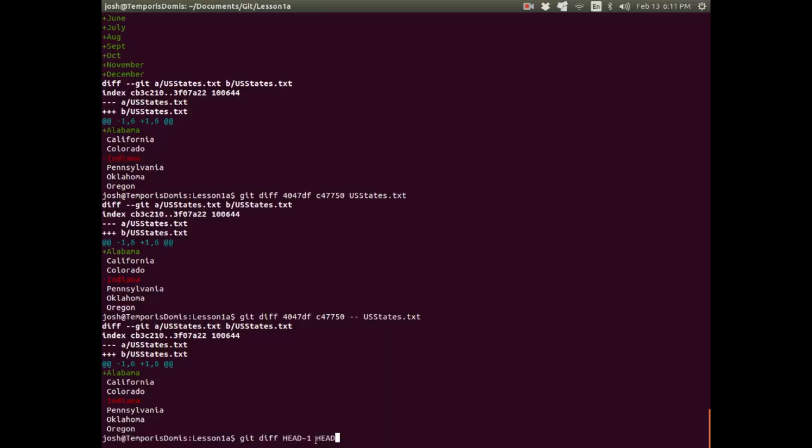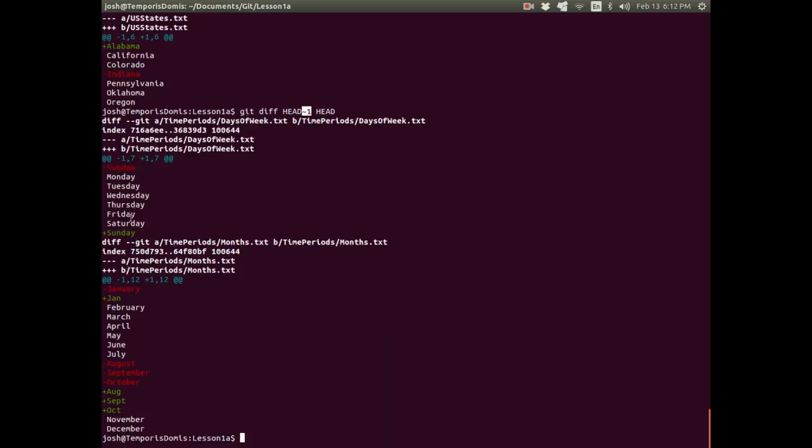In Git, the term head refers to the most recent commit on your current branch. Since we only have one branch, this is fairly intuitive. It's the most recent commit. And the tilde 1 extension means the commit one before head. So if we do this,